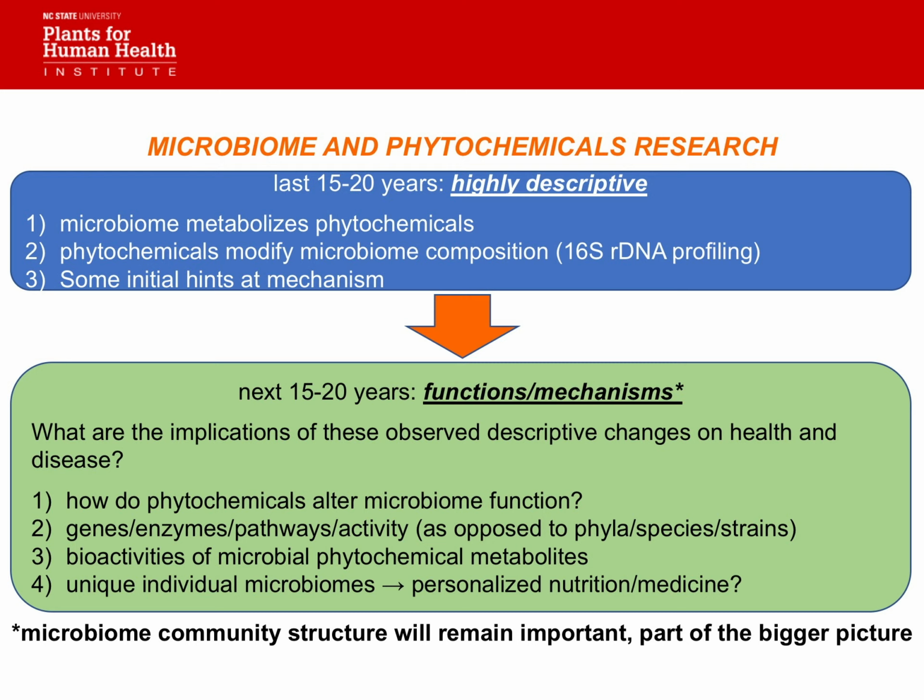We know that the microbiome metabolizes phytochemicals and that phytochemicals also modify microbiome composition. And there have just been these massive numbers of papers that talk about how some phytochemical alters the composition of the gut microbiome. They use 16S, the ribosomal DNA, or 16S ribosomal RNA gene, and they just tell you there are differences in abundances of different bacteria. There are tens of thousands of these papers out there. Most of the time, that's very descriptive, in that we don't know what that actually means other than it changed the composition of the gut microbiome.